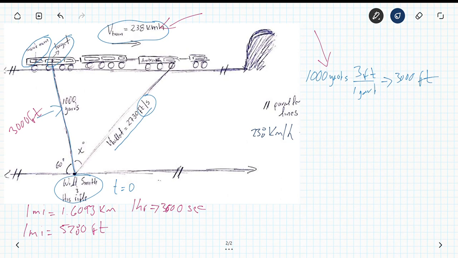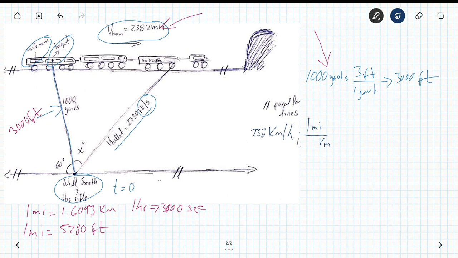The first unit that we want to get rid of is kilometers, right? So we're going to put kilometers as a unit in the denominator, so we get rid of the numerator kilometers. Okay, so we know that 1 mile